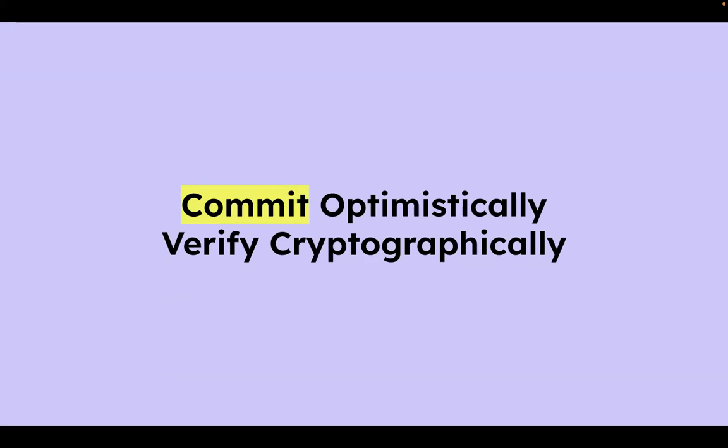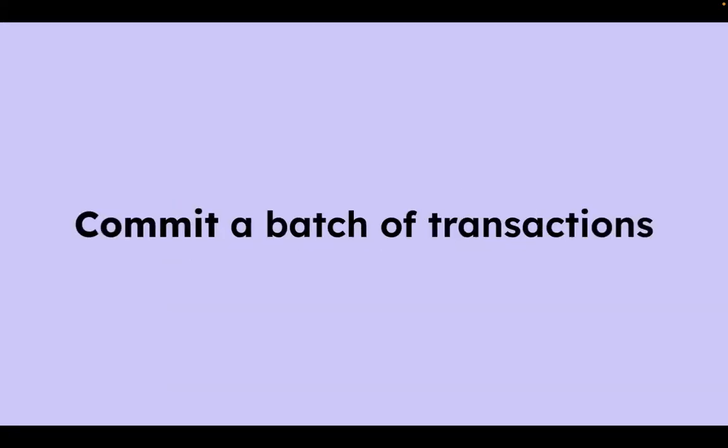So the current status quo is that we are committing a batch of transactions, right? For layer 2, we collect transactions, the sequencers order them and submit the batch of transactions. But the problem here is, for example,